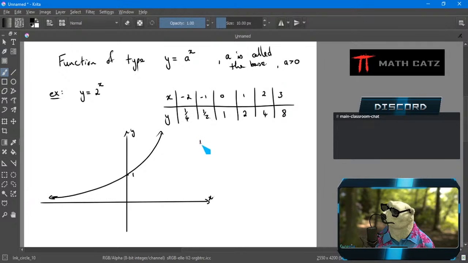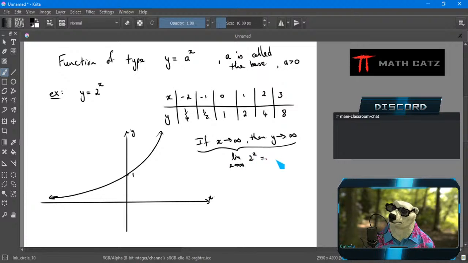So some properties: if x approaches positive infinity, then y also approaches positive infinity. If the x values get bigger, the y values get bigger. It doesn't matter how fast, it's just the direction that it's going. So I could, if I wanted to, summarize this by saying the limit as x goes to infinity of 2 to the x is infinity. Also, if x approaches, no, not 0, negative infinity, I'm going far to the left, then